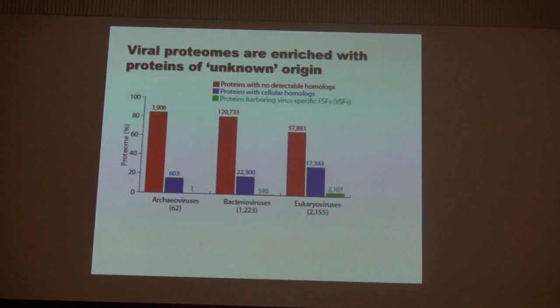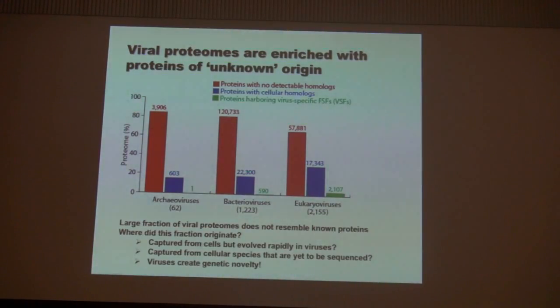But then there's still a fraction of proteins harboring virus-specific fold superfamilies that is substantial for each of the three big groups: the paraviruses, the bacterial viruses, and the eukaryoviruses. So there's some bias here, but it's a substantial element of it. So there's a large fraction of viral proteins that does not resemble known proteins, meaning that viral diversity is generated